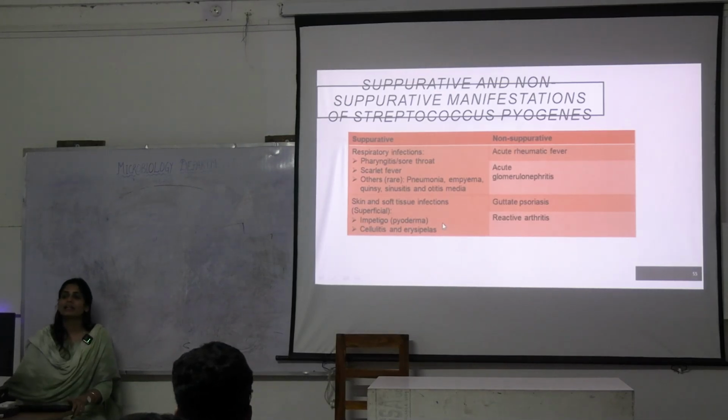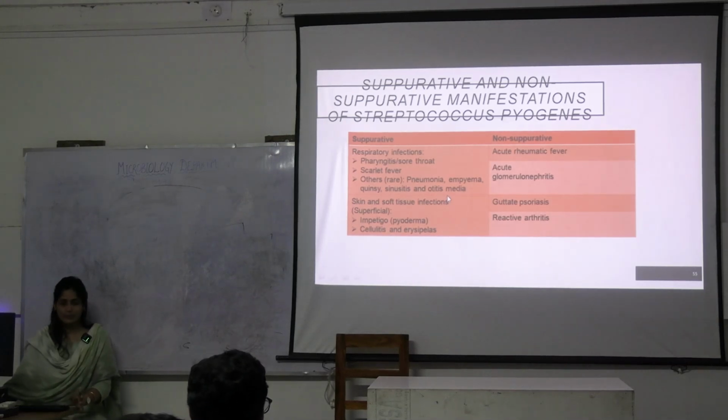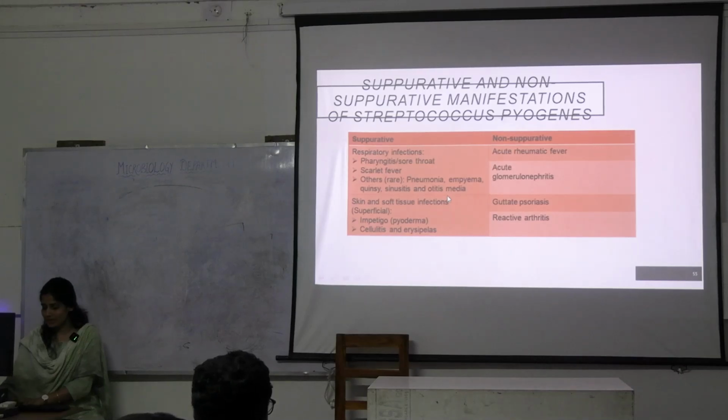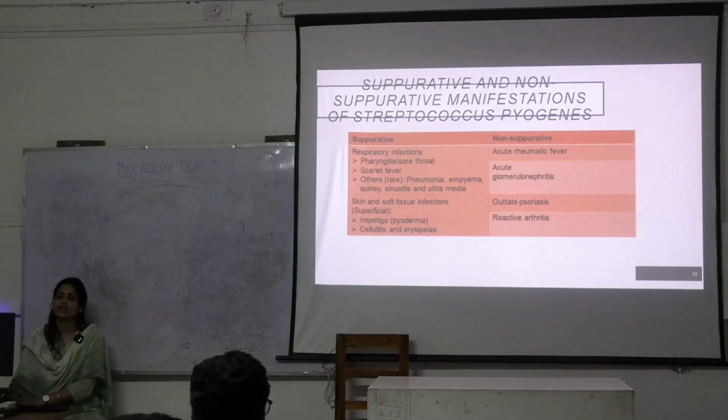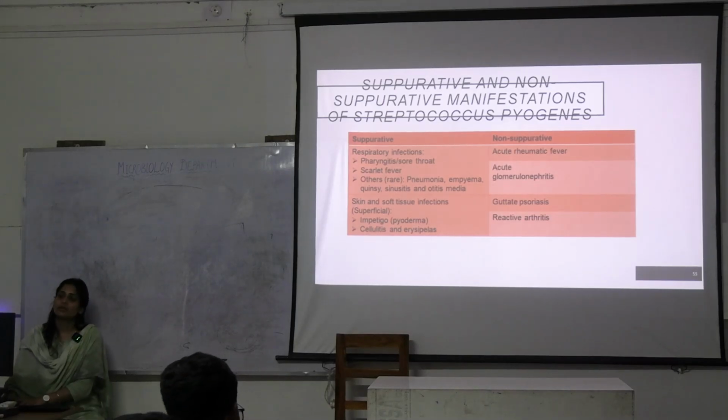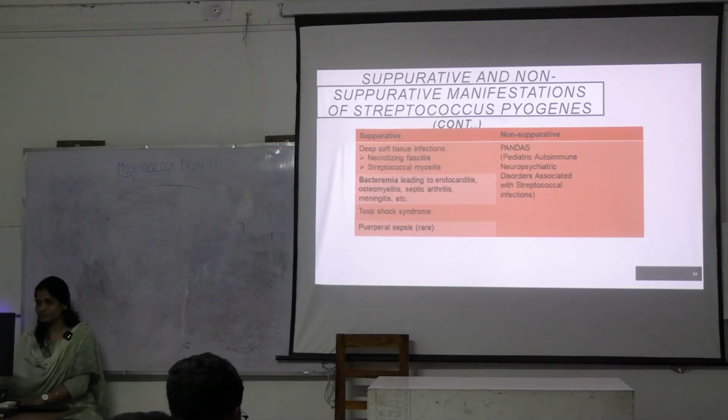Manifestations are all same unless you take a swab and run it through a laboratory, you will not know which organism has caused it, right? Except in few cases. For example, Pseudomonas will make which kind of pus? Greenish pus, right? Green pigment it produces. Staphylococcal will make which kind of pus? Yellow thick pus. Streptococcus will make which kind of pus? More like transparent exudate like pus, right?